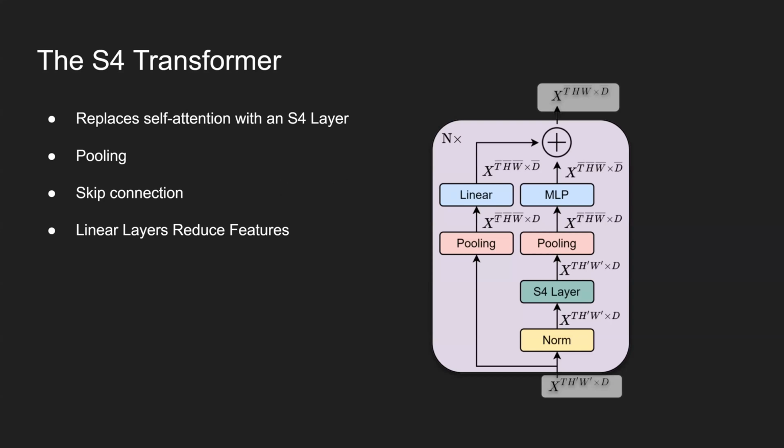Okay. So after the pooling, the temporal information goes through an MLP, and the skip connection just goes through a linear layer. And these can basically handle arbitrarily long sequences. In the paper, they actually do sequences of like 10,000 frames because the S4 layer is basically linear as opposed to self-attention, which is quadratic. And then they're concatenated together just like a regular transformer. So basically, similar to a transformer, this gives us temporal information between all of our frames.